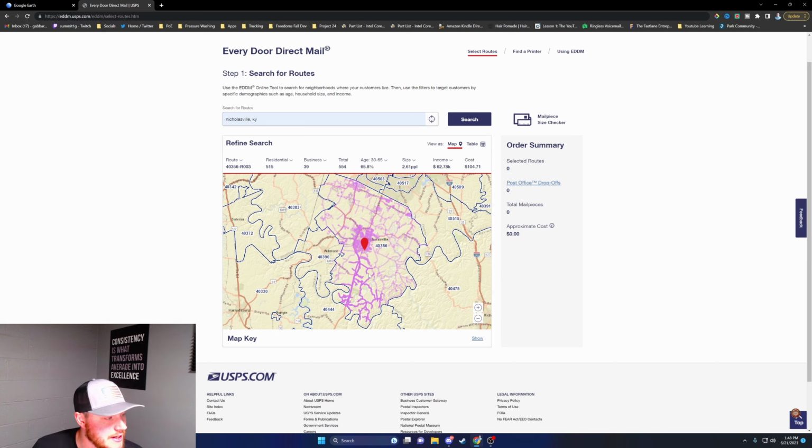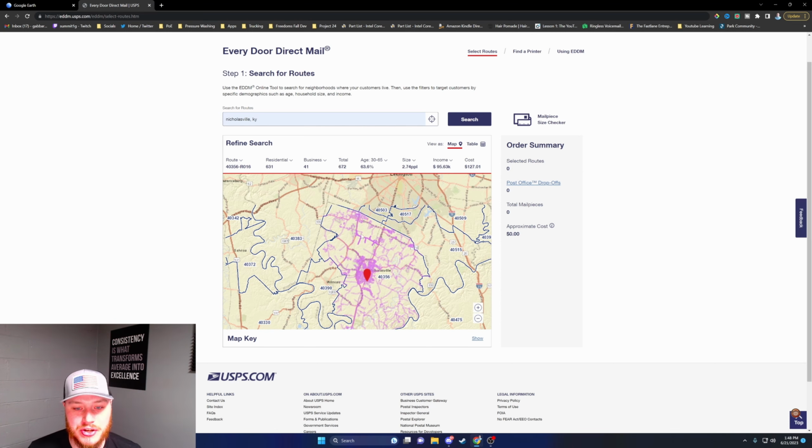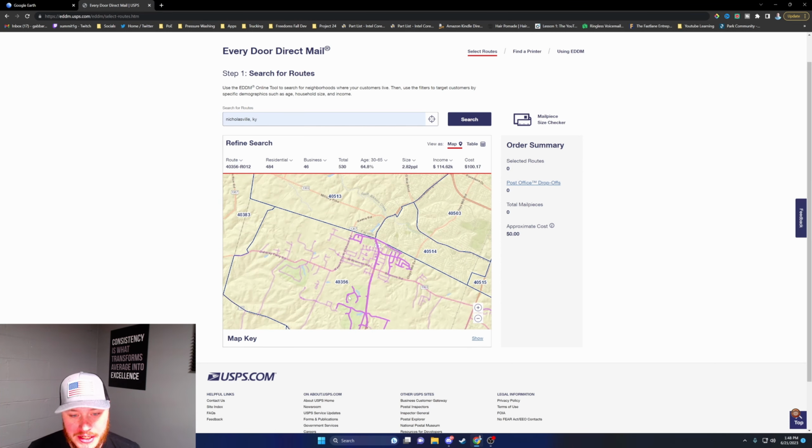routes. Now, what this is for is to send out postcards, but what I use it for is to strategically place my yard signs where I want them in these higher middle class, higher upper class neighborhoods. Now, let me show you how I do that. Scroll in here. I know exactly where the neighborhoods are. You'll see when I hover over this route number